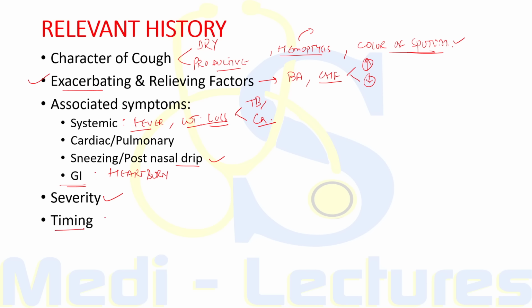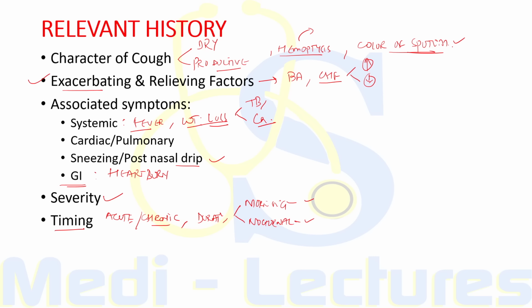Then we'll ask the timing of cough, whether the cough is acute or chronic. We'll classify according to the classification which we have seen. We'll ask the duration, for what time the cough is present. We'll ask whether the cough is morning predominant or nocturnal predominant. This way we can rule out certain conditions. So morning predominant cough is seen in bronchial asthma, and nocturnal cough can be seen in CHF as well as